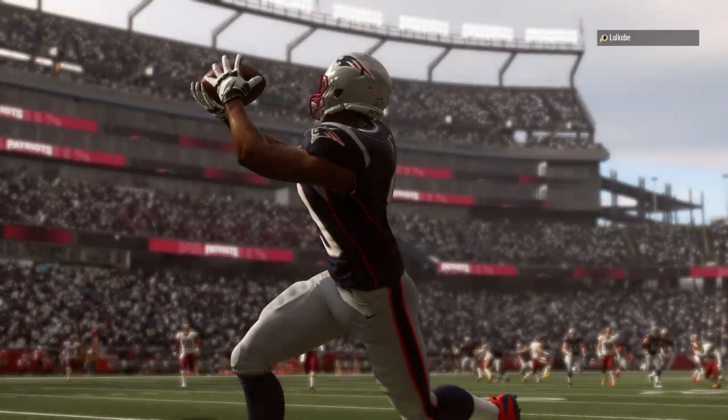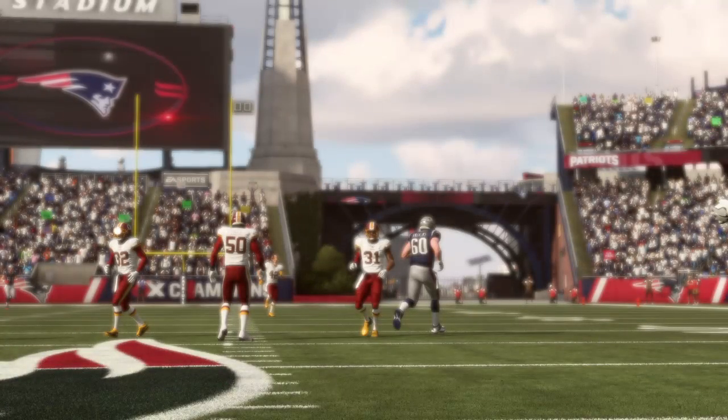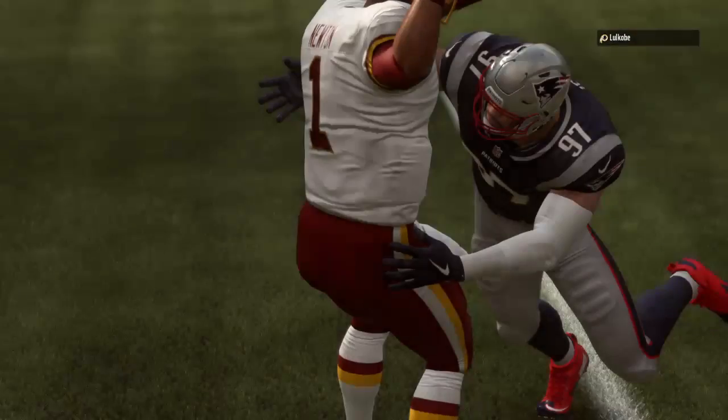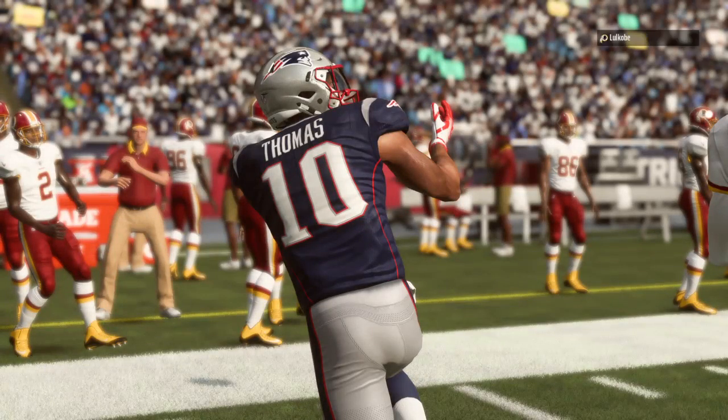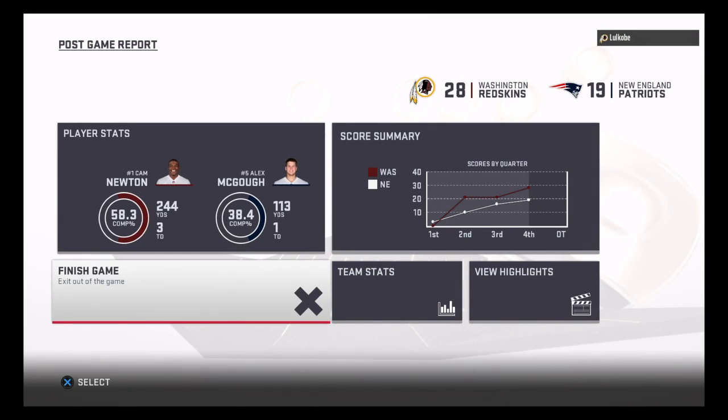Well, Charles, it's great to win at home in the NFL. When you win on the road, it's a little extra special, isn't it? It is because, let's face it, in most cases, you're not expected to go on the road and win in the National Football League. It just doesn't usually compute. So to get out there, get that done, and then head back to your city with one in your